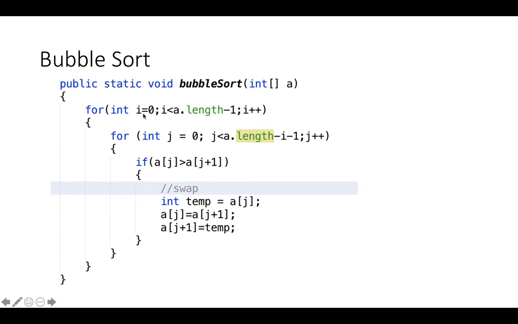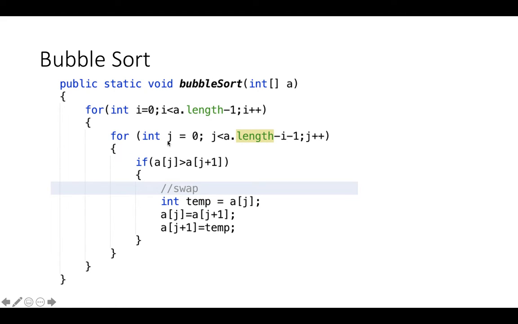We have a for loop. Each iteration in the outer for loop is for every scan. So we keep scanning n minus 1 times, from 0 to n minus 2, which is n minus 1 times. For every scan, we do the swapping. We start from the beginning till the last element which is unsorted. That's why we write a.length minus i minus 1, because in the first iteration, when i is 0,